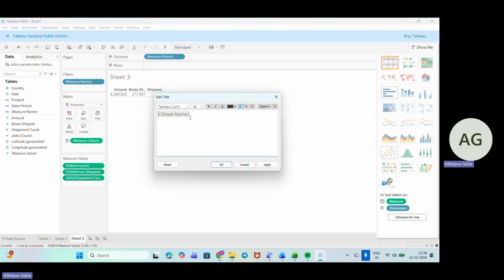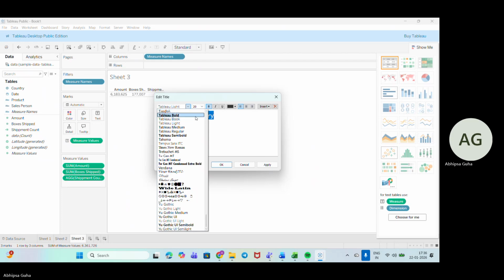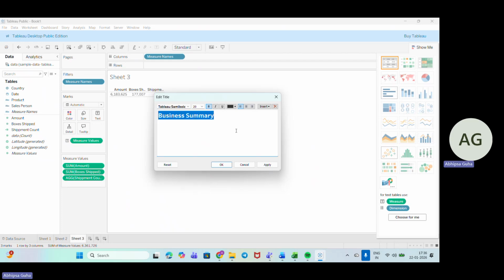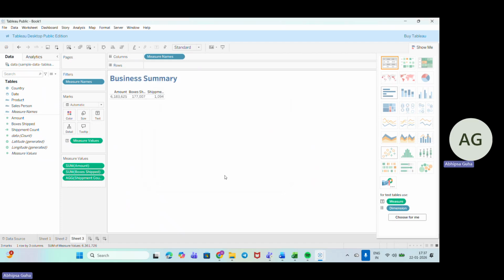Okay, and here I want the name as business summary, like this. I need it a semi-bold version and the color I'll choose this one. Okay, fine. So we have got this.